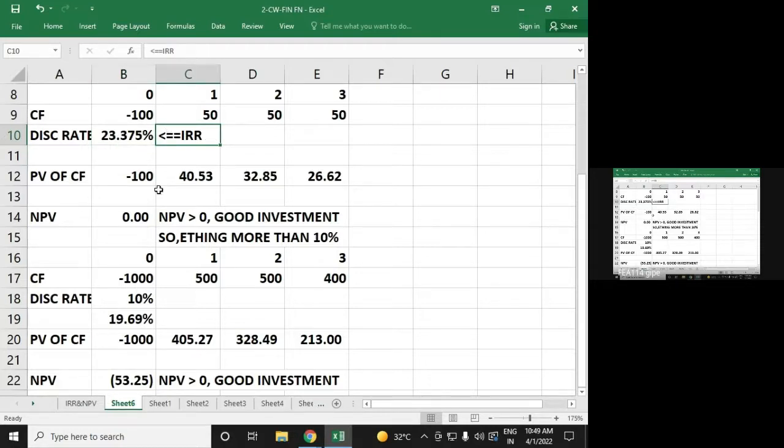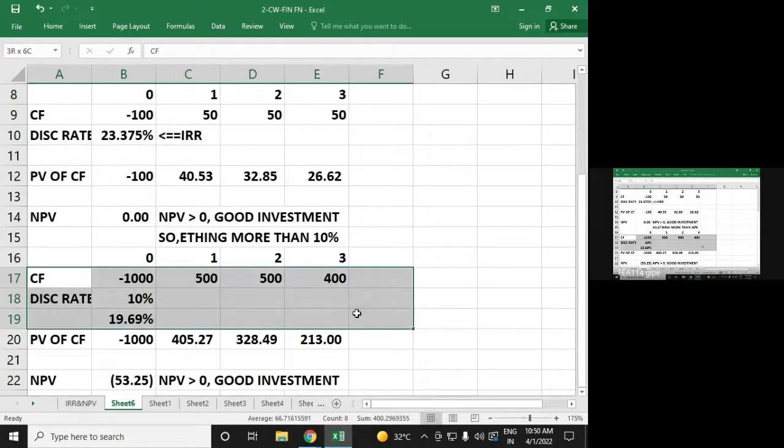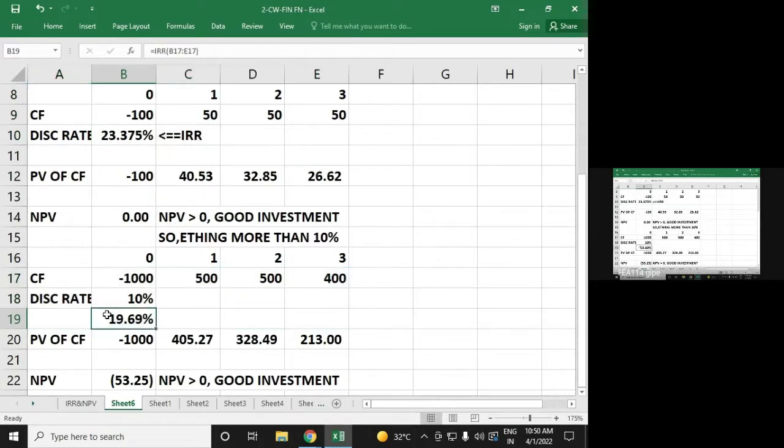Now in that conflicting scenario, if I go by the NPV magnitude logic, you will see केस 1 में IRR is 23 और केस 2 में IRR is 19. Okay, so but at 10% rate of discounting, NPV for case 2 was more. So you will obviously choose the case 1, okay, because returns higher है।